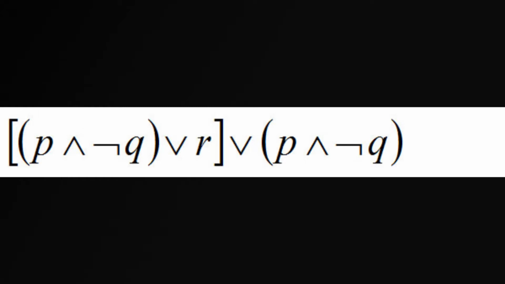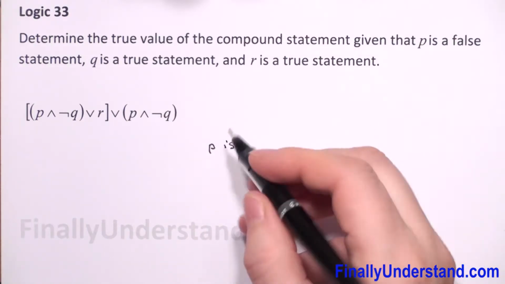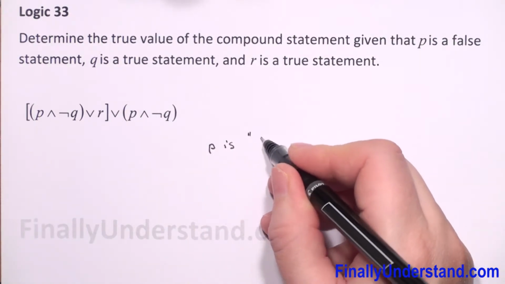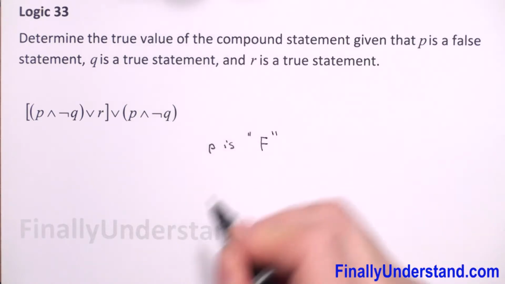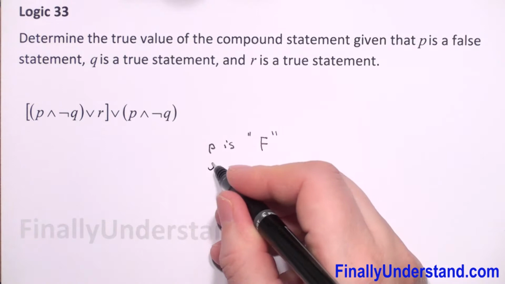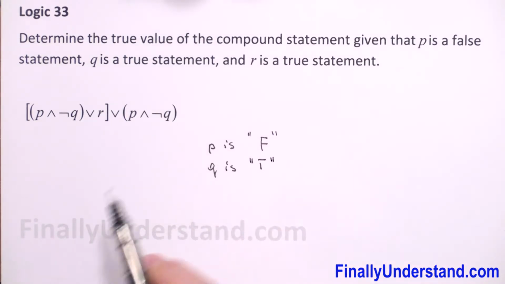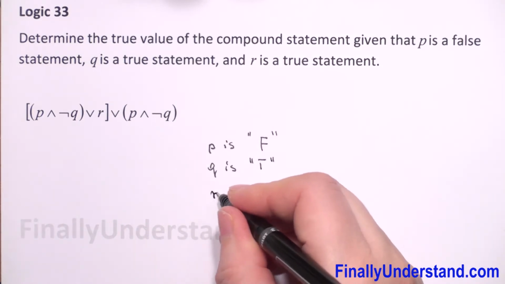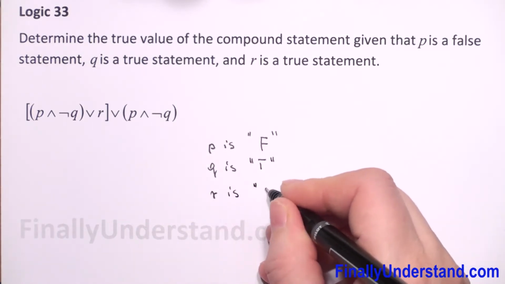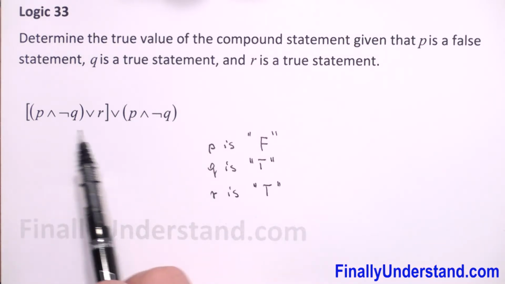We have a given compound statement, and we have that P is false. Next, we have that Q is true, and R, the simple statement, is true. So let's see what we have here. We have